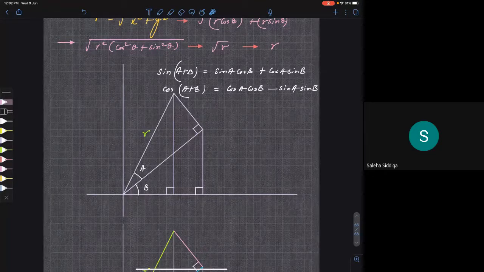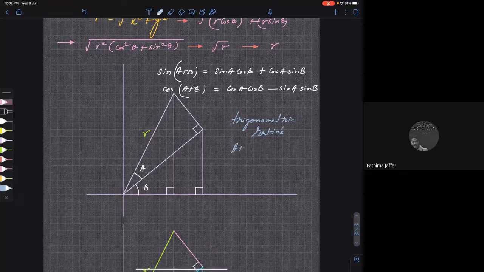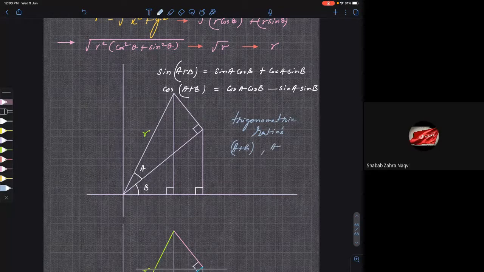Yeah, tell me. Can you please repeat, sir? Yeah. So here there are trigonometric ratios in this formula. Of which angles? Tell me. You have the trigonometric ratio of which angle? You don't have theta, right? You have angle A plus B, you have 90 degree, you have angle A and you have angle B. These three angles you have. You are getting my point?